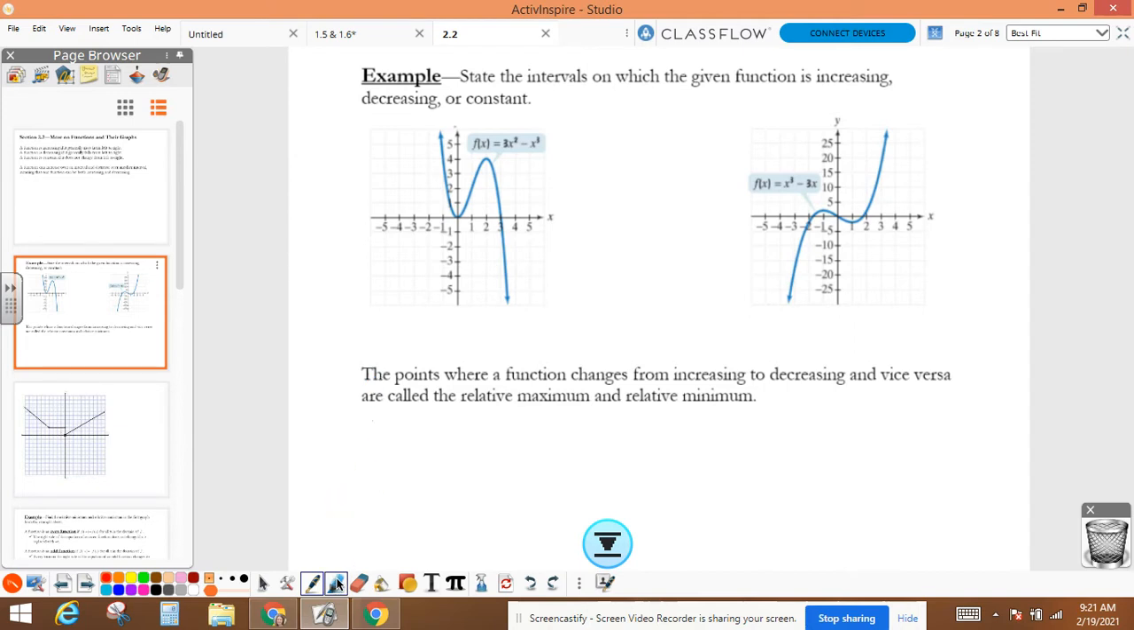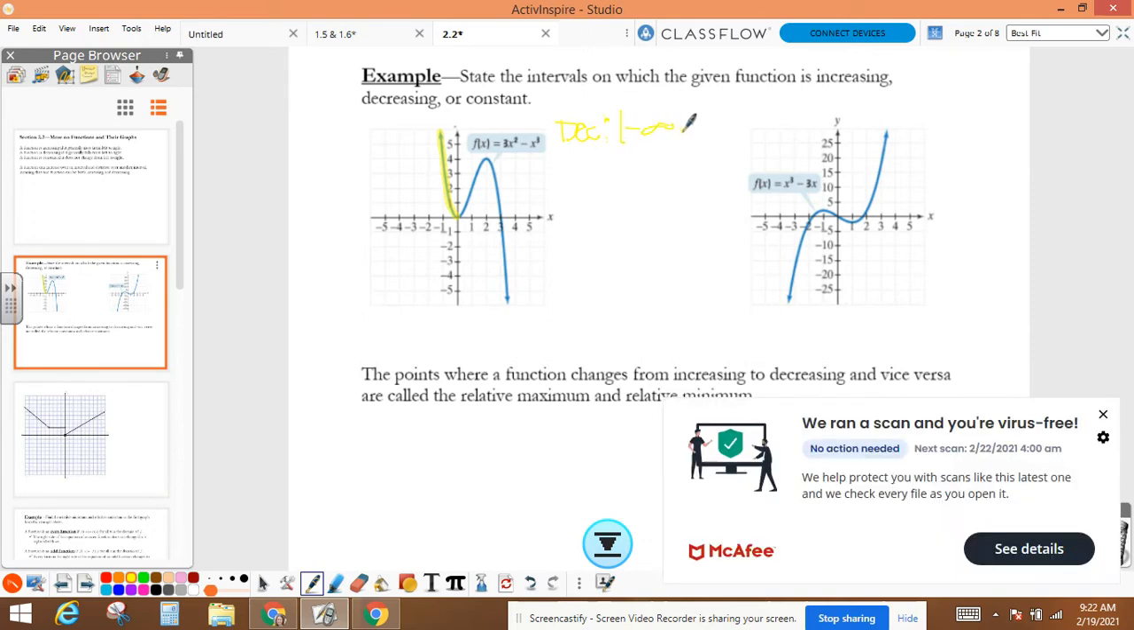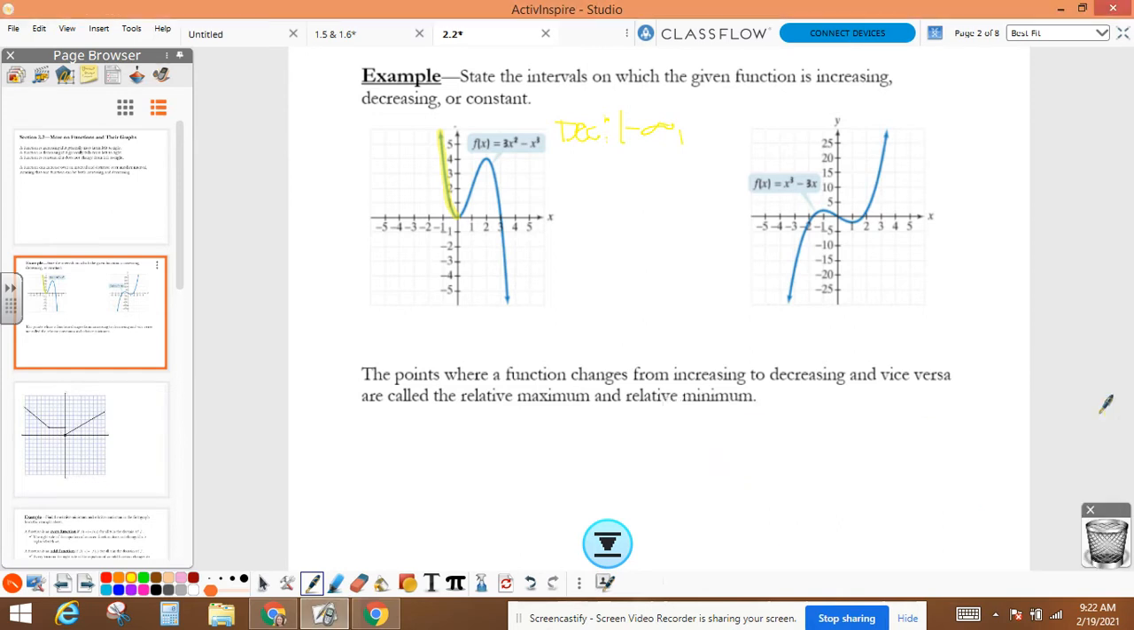So if you look at these functions, this first one, on this little chunk of the graph, is decreasing. So I'm going to say that my function is decreasing on the interval from negative infinity to